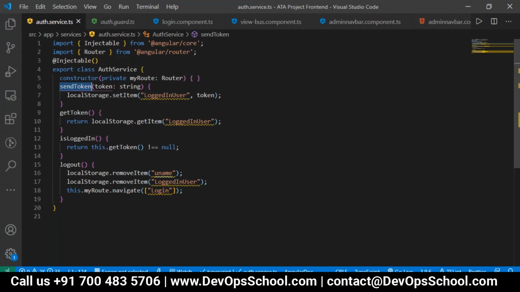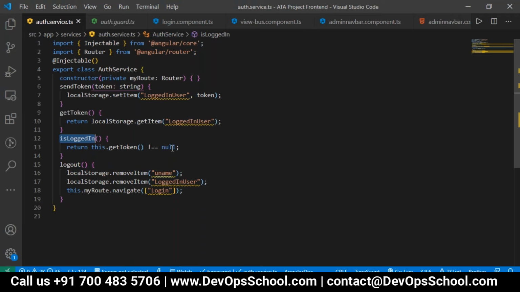Instead of writing it in all the login modules, we send it to one service, and that service takes care of our local storage setItem. Then we created one name called loggedInUser, to which we pass the token, that is, whoever logged in, the username will be taken as the token. And we are checking isLoggedIn, which will return based on the condition: if this.getToken is not equal to null.